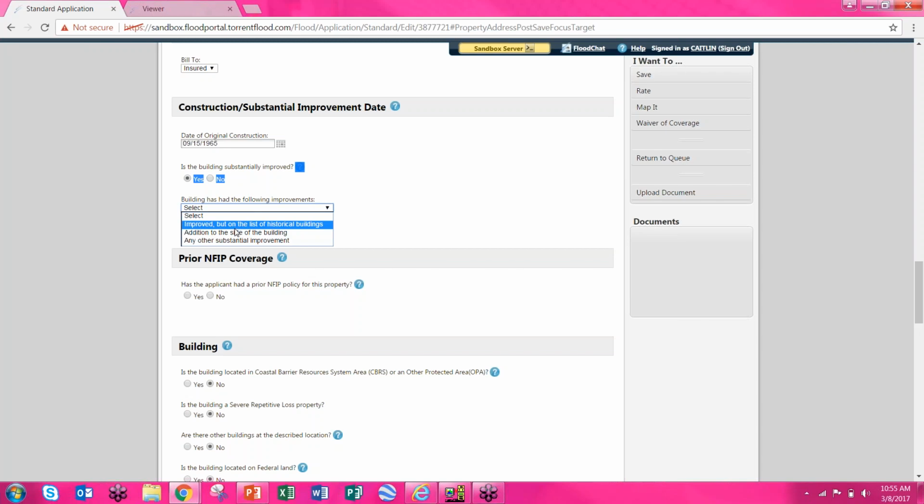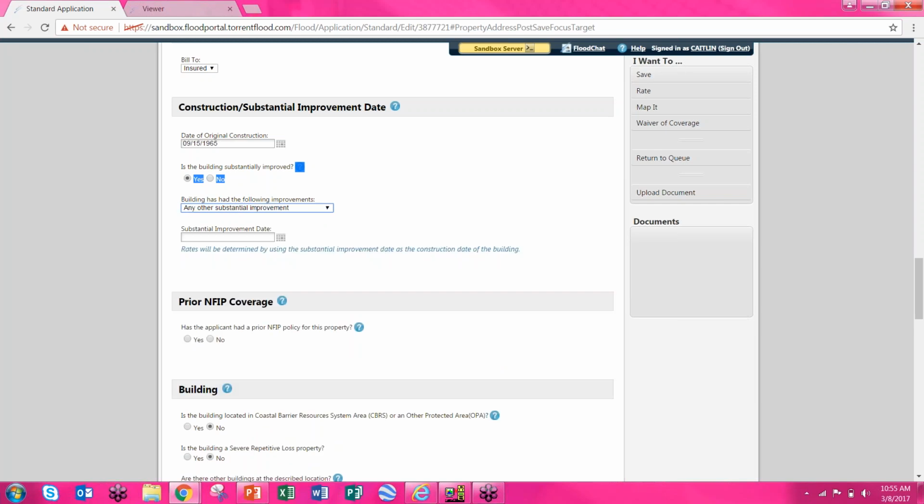So they want to know if the house was improved but is on a historical building list, because it does not qualify for substantial improvement since they have to build to the historical building permit information. If it was an addition or extension to the side of the house or the building, and if there was any other substantial improvement. Mine was a substantial improvement because they redid the whole inside and outside of the home, and it did exceed 50% of the market value at the time of the construction. So my new substantial improvement date is going to be